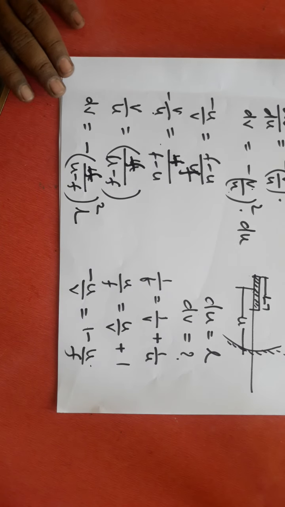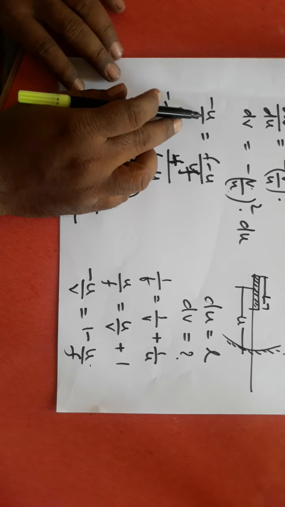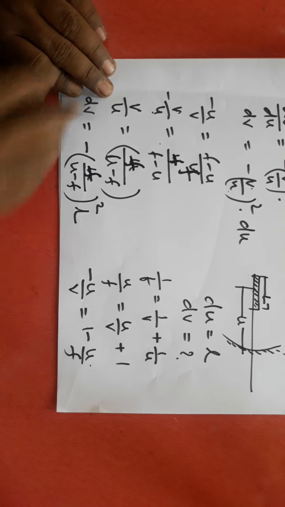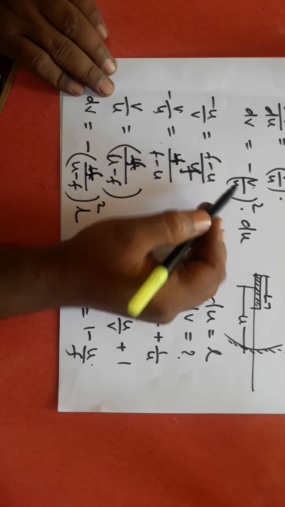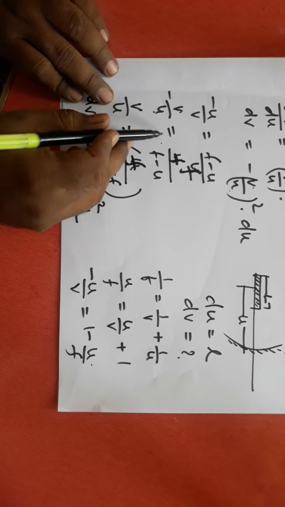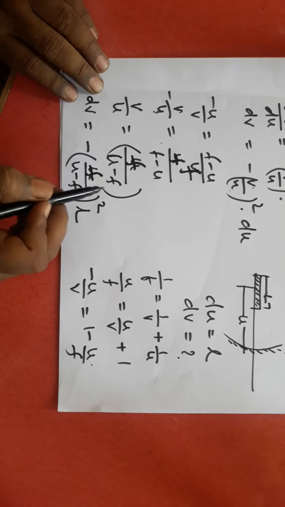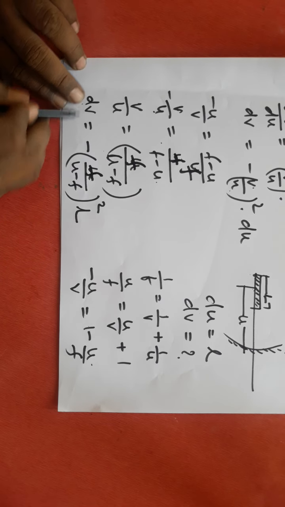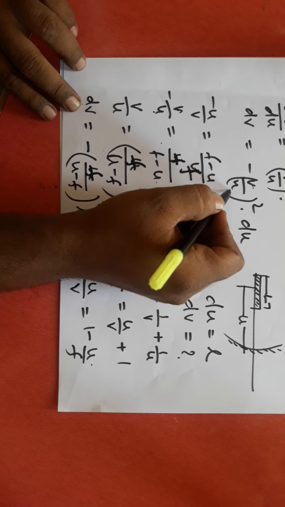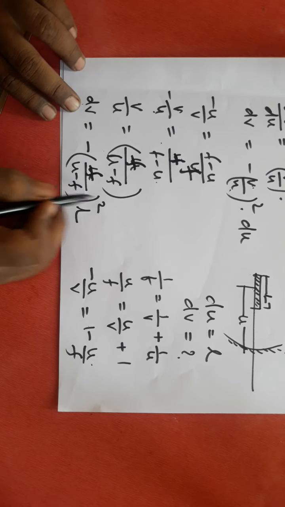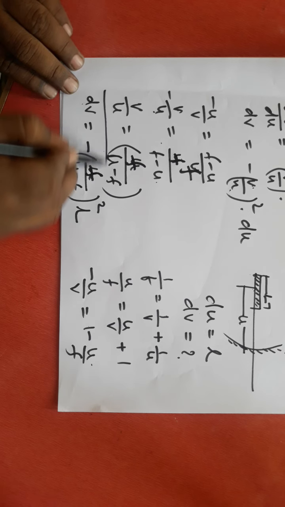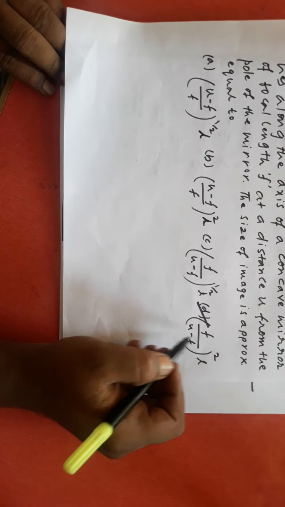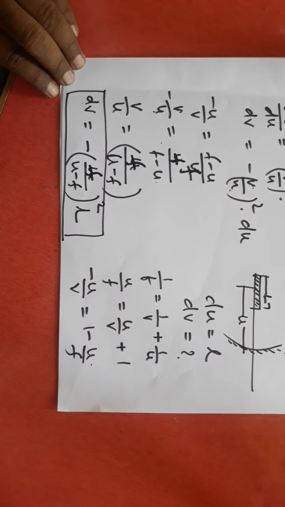See, one second. I convert first. I found out that I multiplied this equation by u. This is u by v. U by v I got. But here I want v by u. So v by u I got, minus I got. First I multiplied minus on both sides. This will be f minus u becomes u by u minus f. Then dv is equal to v by u whole square, that means f divided by u minus f whole square into L. This is how we can find the size of the image. In magnitude only it is f divided by u minus f whole square. Follow this.